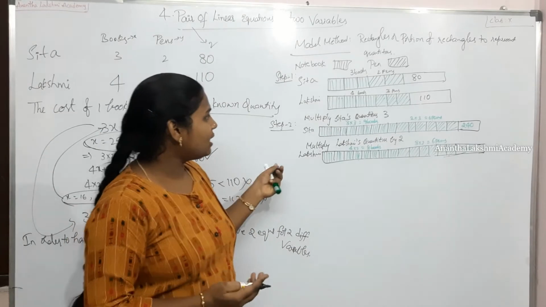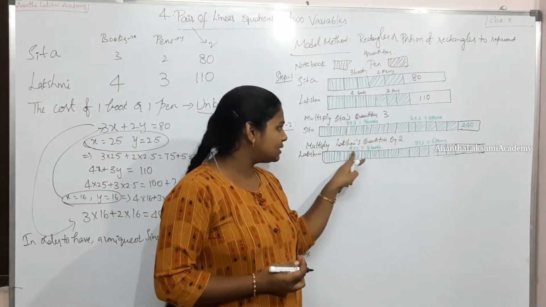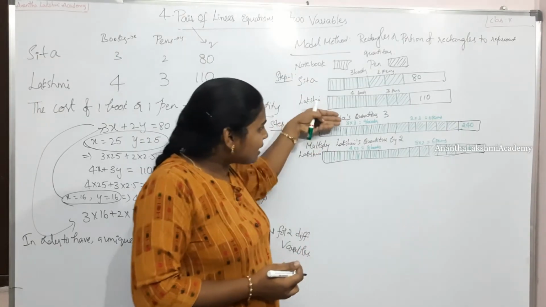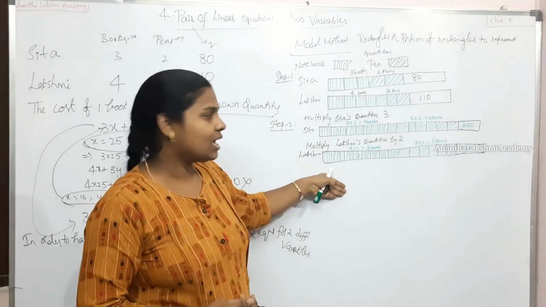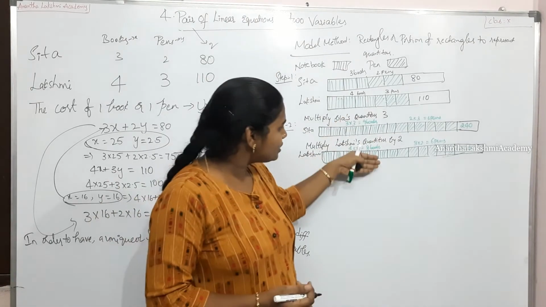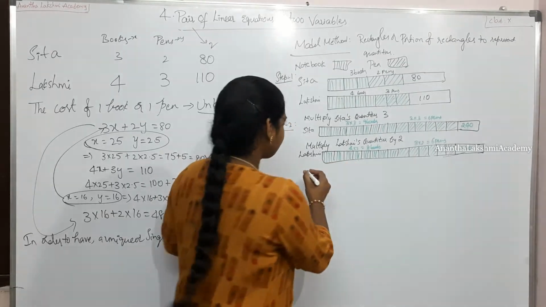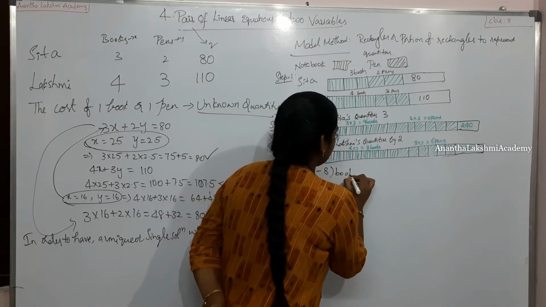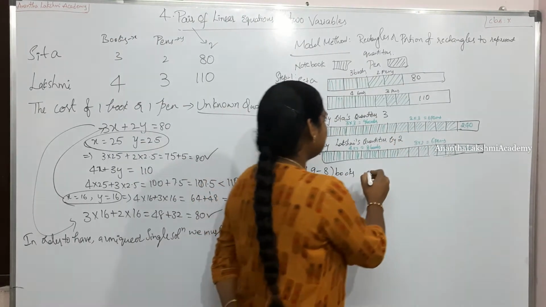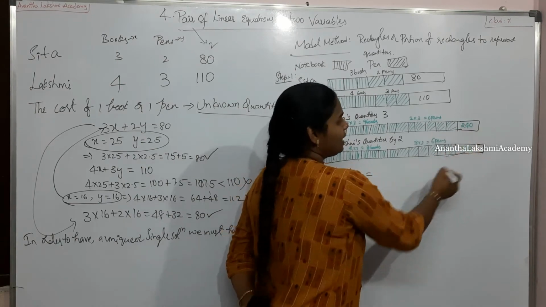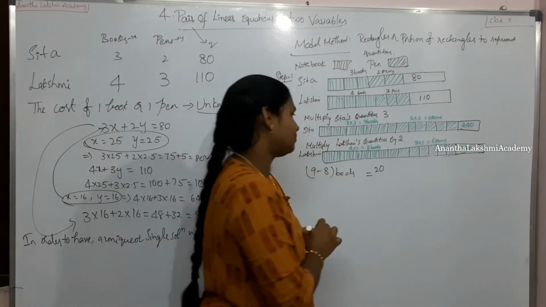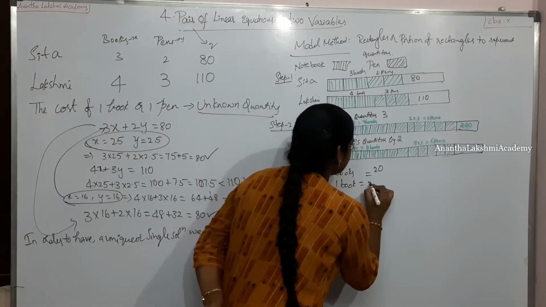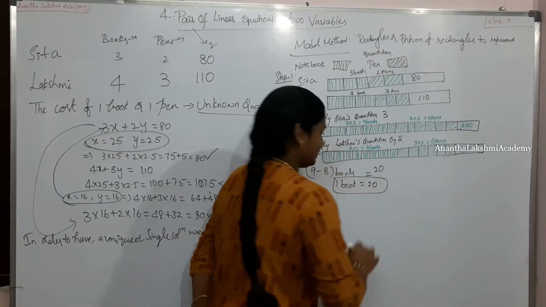So now here if you see, 3 3s are 9 books, 4 2s are 8 books. Alright, if I subtract these quantities, 9 books minus 8 books, and 6 pens and 6 pens go off, cancel, is equal to 240 minus 220 is 20. So 9 minus 8 is 1 book. 1 book cost has come to 20 rupees.